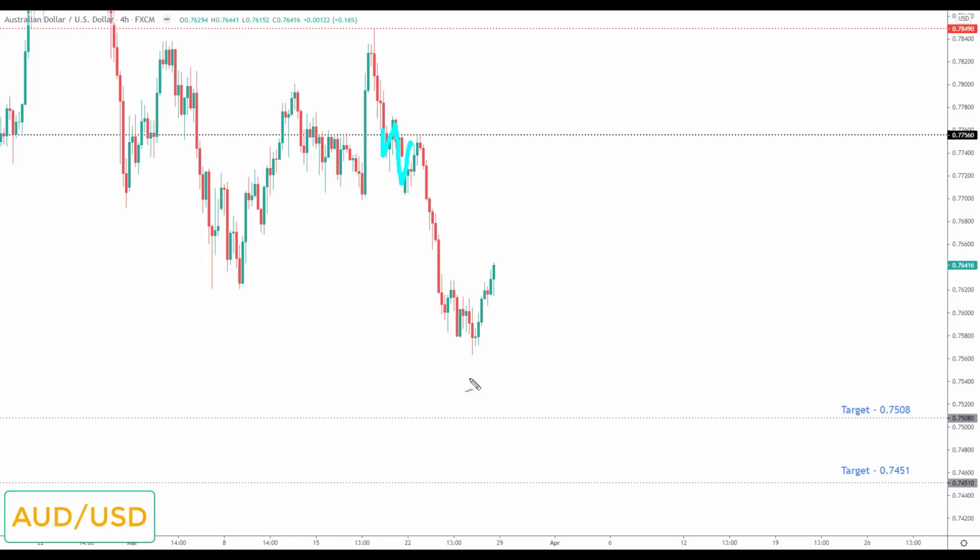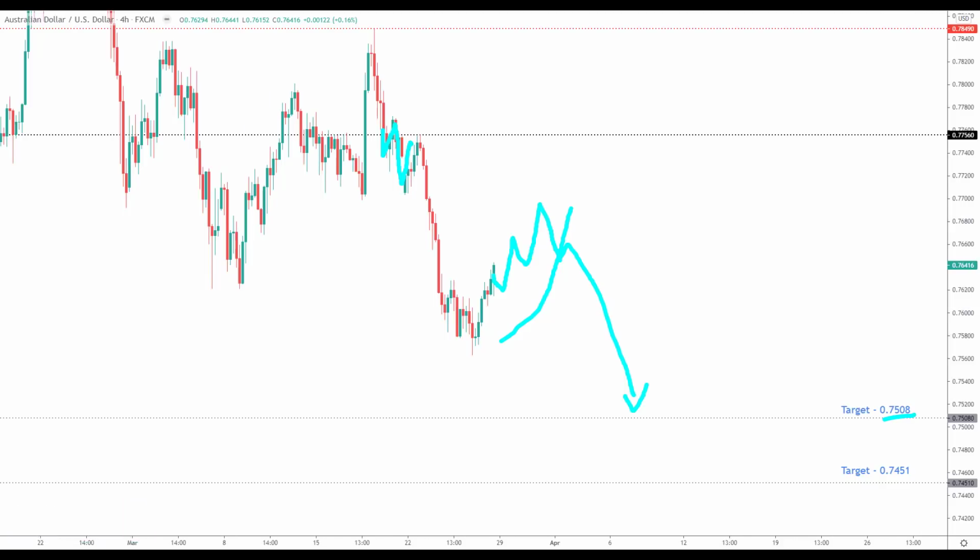Very simply put, going into this week, I do favour short positions in this market. We've started to correct and with that dollar strength, any continued correction is simply viewed as an opportunity to look for bearish breakouts down towards the next key of support to the downside and the target set, the 0.7508.